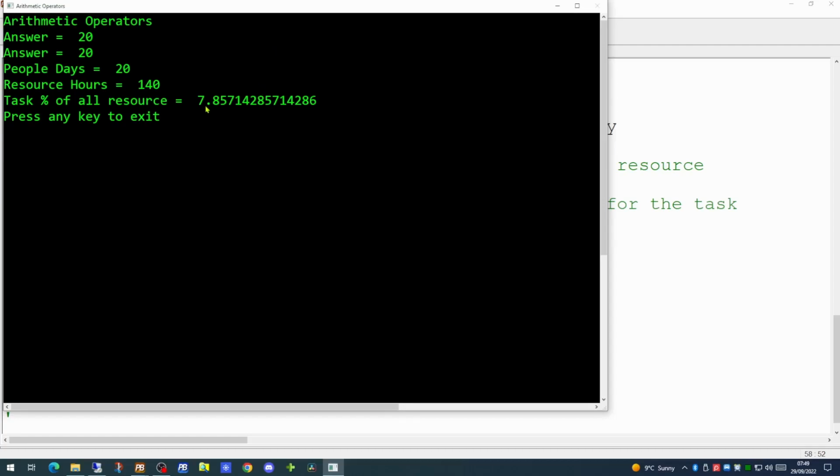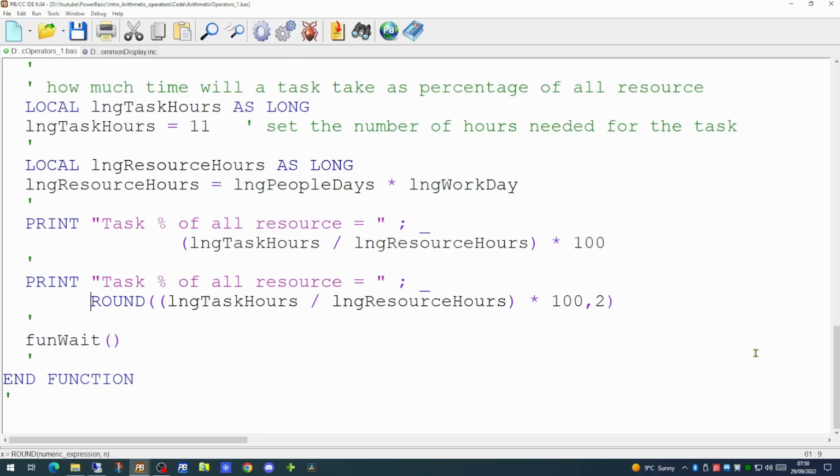Now, despite the fact that both of these variables are actually long variables, our calculation is actually calculating it with decimal places. This is quite normal. You may not want all these decimal places, so let's round this value to 2 decimal places. We can do this quite easily by wrapping the previous command in the word round.